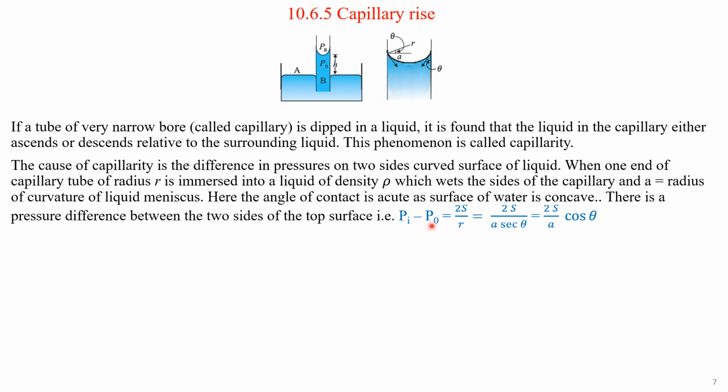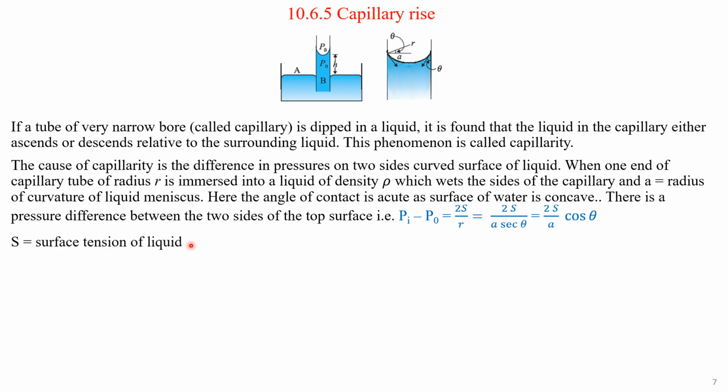Pi minus Po is equal to 2S by R as we had derived previously. That is equal to 2S divided by A secant theta. From this trigonometric relationship, that is equal to 2S by A into cos theta, as 1 over secant theta is cos theta,